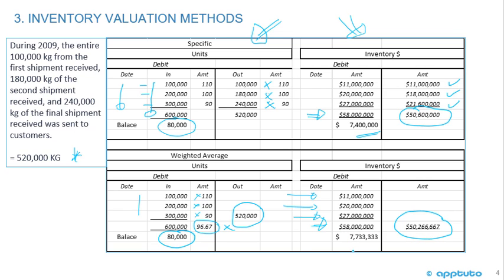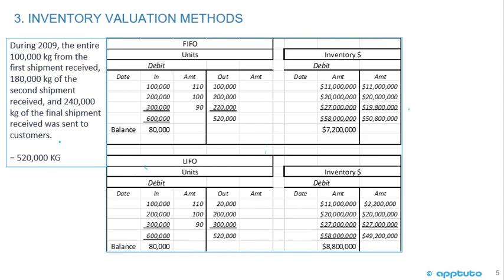We're going to have a closing balance on our inventory of 7,733,333. So it is lower cost of goods sold and a higher inventory balance using the weighted average when the prices are decreasing. Okay, now we're going to look at the difference between the FIFO and LIFO, and this is